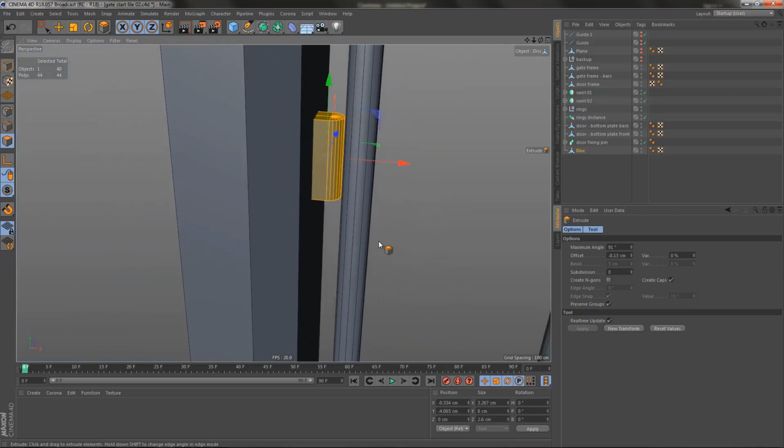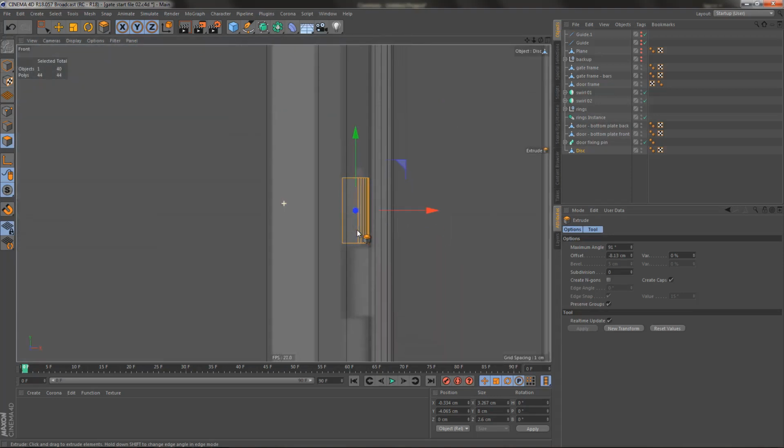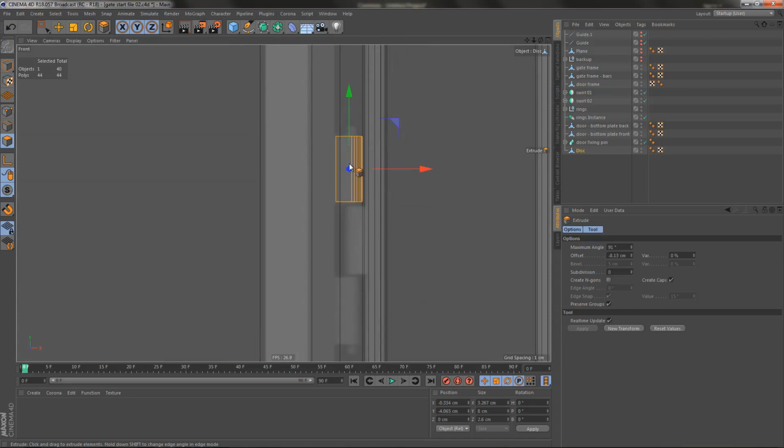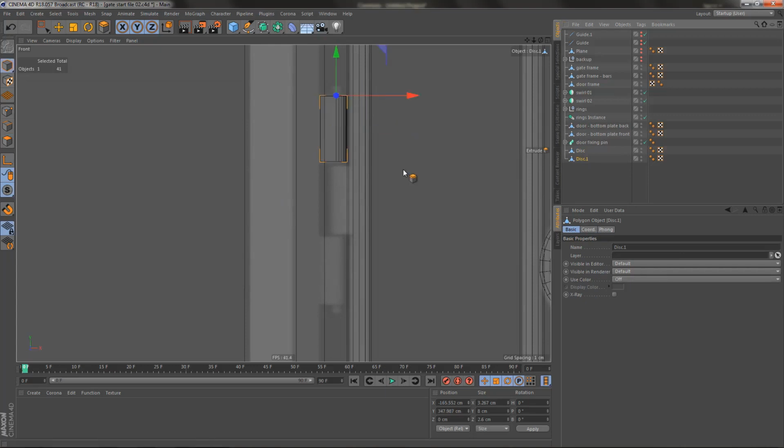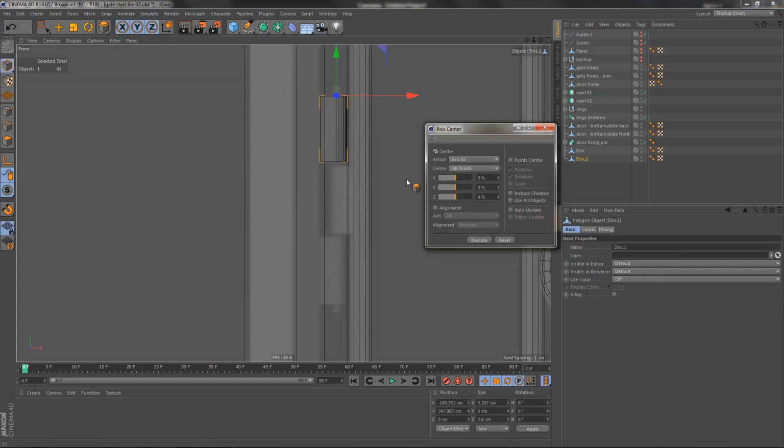And we need 3 of these. One will be fixed to the door frame, the other 2 will be fixed to the gate frame. So let's go ahead and make a copy,